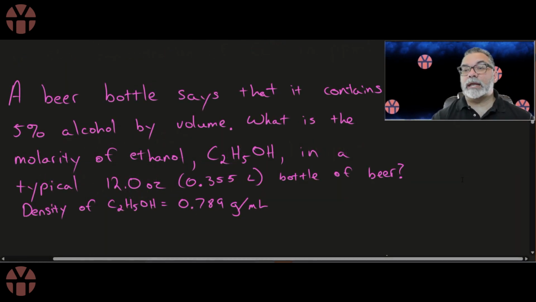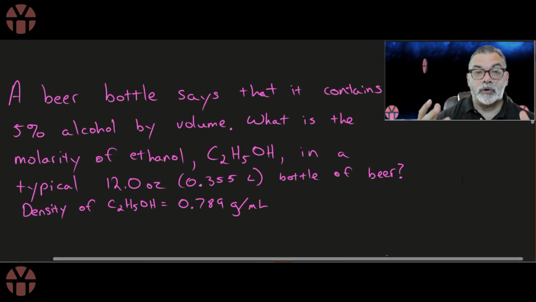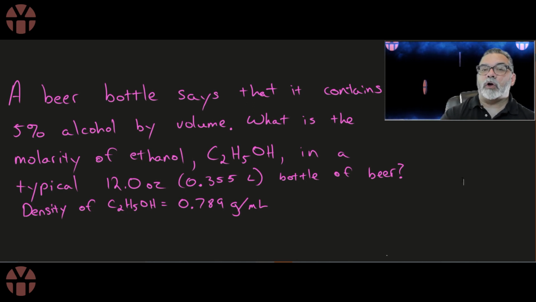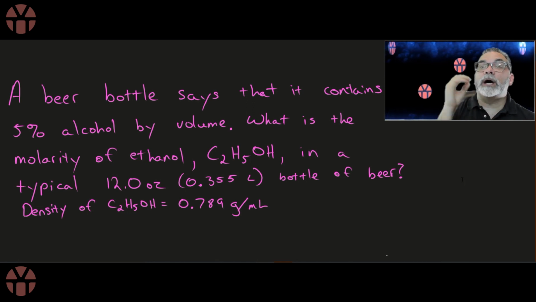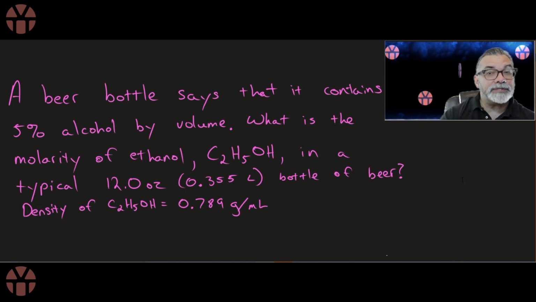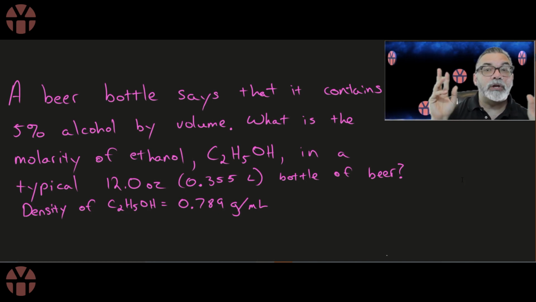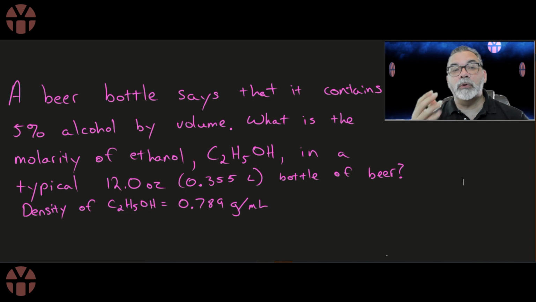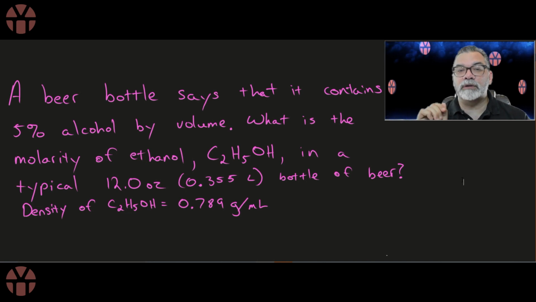Now, to get an idea of a bit more challenging problem, what we can now do is take a look at your typical, let's say, beer can or beer bottle. A beer bottle says that it contains 5% alcohol by volume. What is the molarity? Notice I'm asking now, let's take it back to how we normally and typically think of concentrations, right? What is the molarity of ethanol, C2H5OH, in a typical 12 ounce, which is roughly 0.355 liter